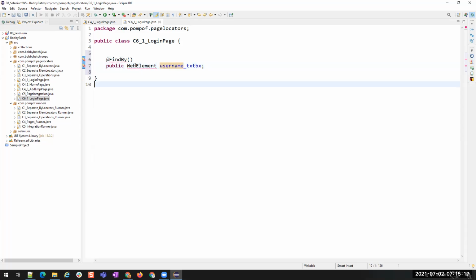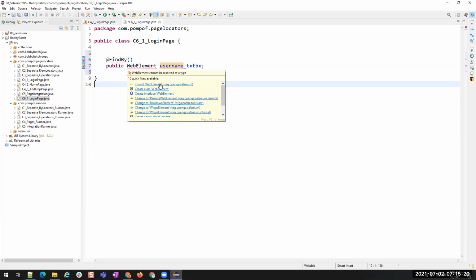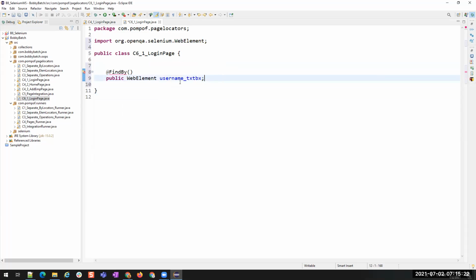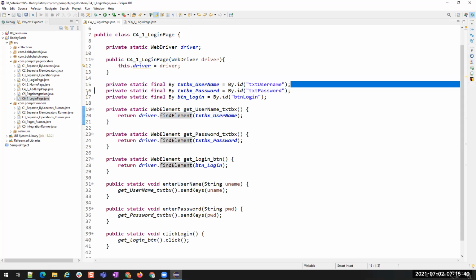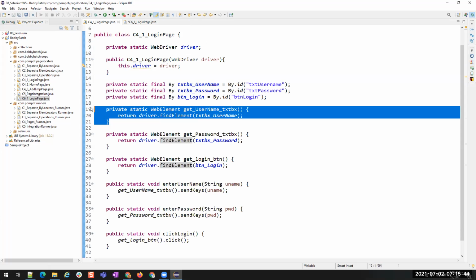Let us import this. This is a normal declaration of a variable. Now we have to assign the identification mechanism to this variable, right? To this input text box. So for that, we will use @FindBy. This annotation helps us get rid of this as well as this. We don't have to write them manually.